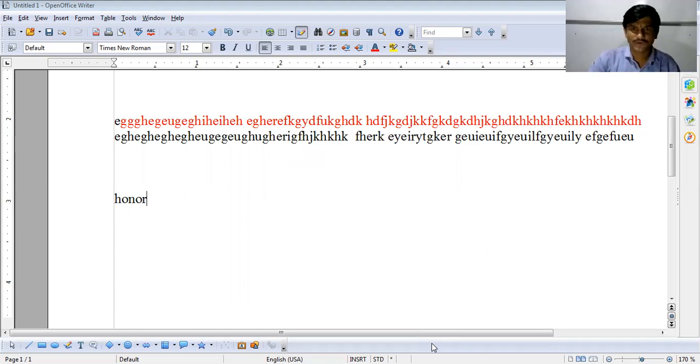Now next point, that is undo and redo. You all know redo and undo. See, if you have changed something previously, or by mistake you have deleted something, and you want to restore the original text from the previously deleted file, then what can you do?